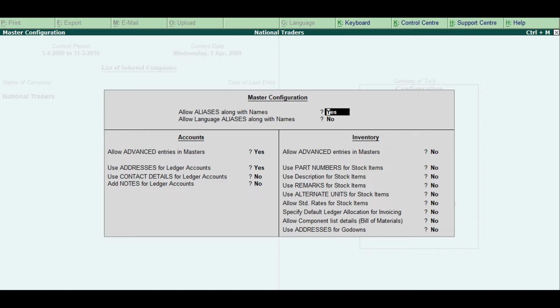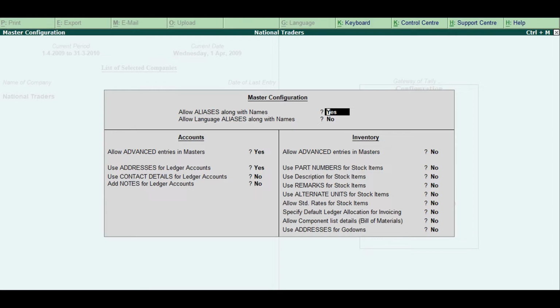This configuration displays the additional fields in the accounting master, such as group behaves like a sub-ledger. Select yes. The group behaves like a control account for the ledgers it contains, wherein only the group balance is displayed. This is useful while working on groups like the Sundry Debtors and Sundry Creditors, where the ledger items are numerous. Net debit or credit balances for reporting. Set to yes. This configuration displays the amount as a net figure instead of separate debit and credit balances as shown in the reports. Use addresses for ledger accounts.